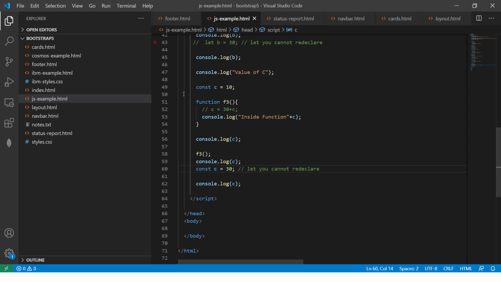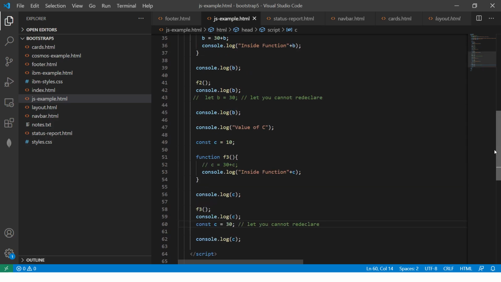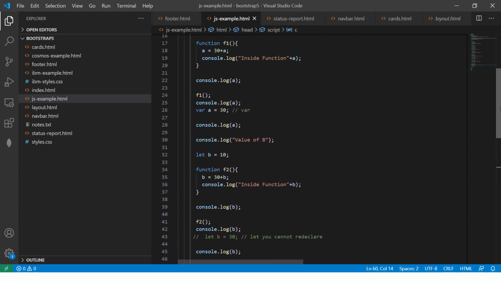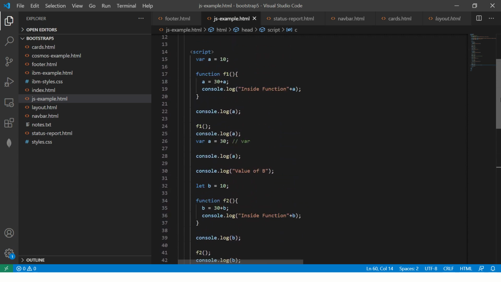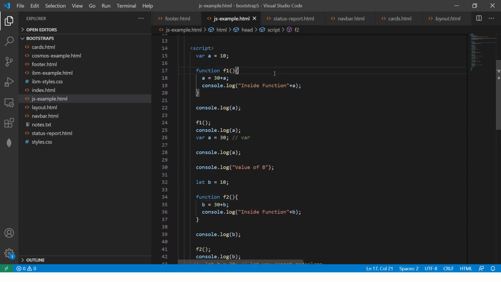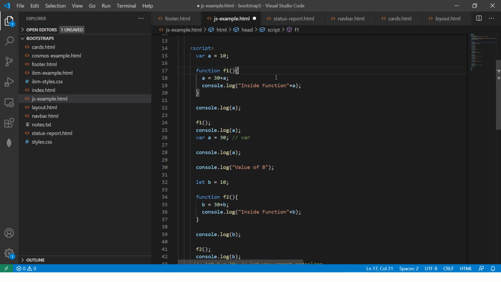That's the important difference between var, let and const. I hope you will be able to confidently answer this question when you are asked next time. You can redeclare var, I showed you that example. You can say let a equal to, here you can redeclare for var, but for let and const you cannot.